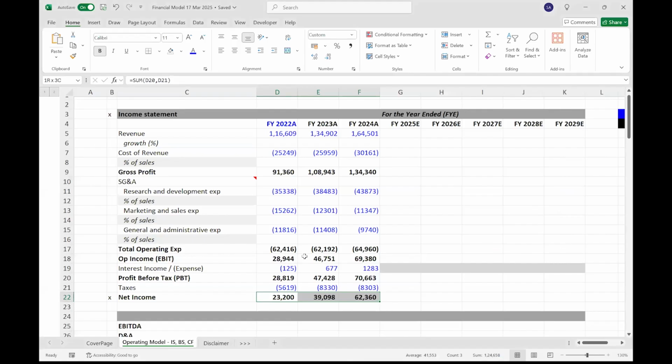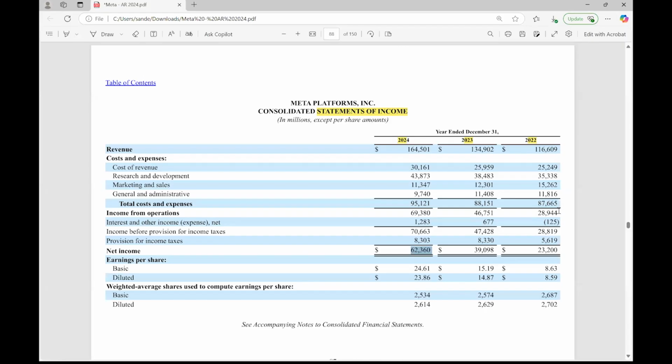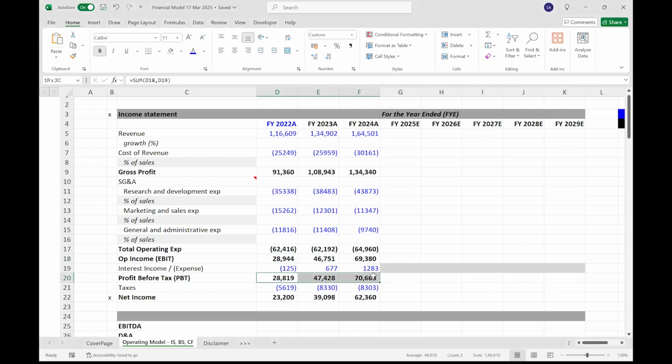You can also check the EBIT if you want: 28, 46, 69. So just select some black numbers. Profit before tax you can also check, so that you are sure that there are no errors in the historical data. Clear? Now we will do some analysis which is required: what is the growth